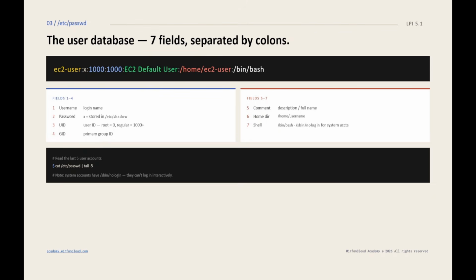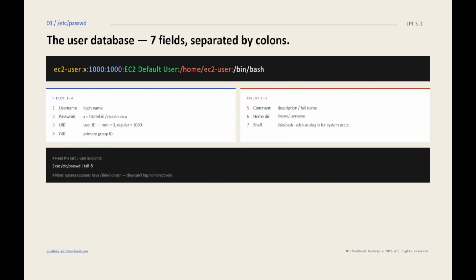/etc/passwd file. Every user account on the system is stored here, one per line, with 7 fields separated by colons. Let's have a look through a sample entry in the /etc/passwd file on the slide. The first field has ec2-user, that is the username. The second field contains X. It is a placeholder for the password for the username, but the real hash for the password lives in